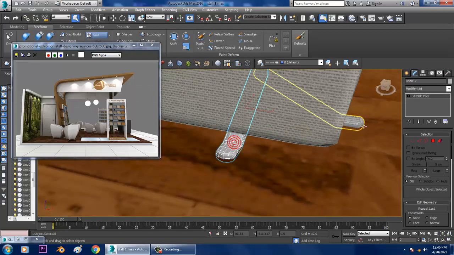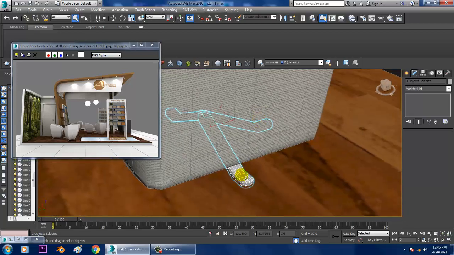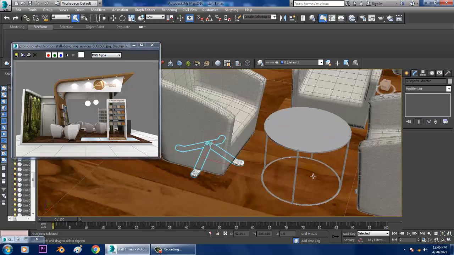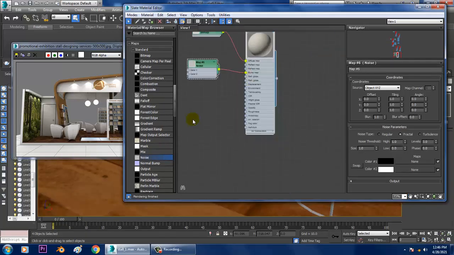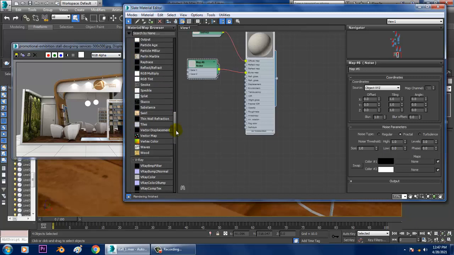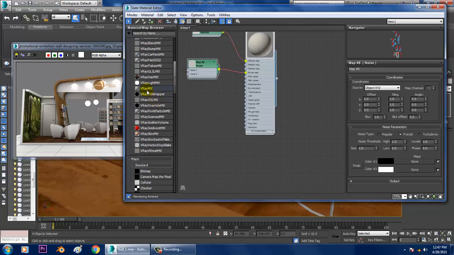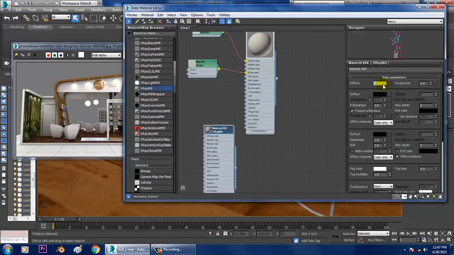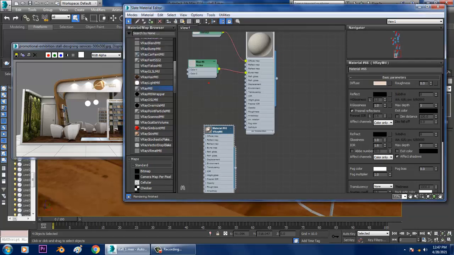Once you have assigned it, after that we'll be assigning a metal texture over here for this. So how? Let's again go into the material over here. Let's take a V-Ray material. I'll take a V-Ray material over here. I'll give a bit of a yellowish color to it.